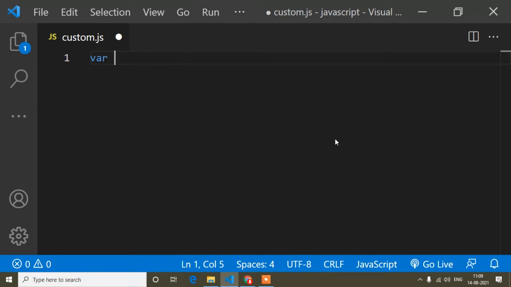So guys, first of all I will create an array. Here is the keyword for defining a variable, and now the variable name. You can write anything for the variable name, and now here I will create an array. Square brackets are the syntax of an array. And guys, I'm making this video because one of my viewers asked me to.